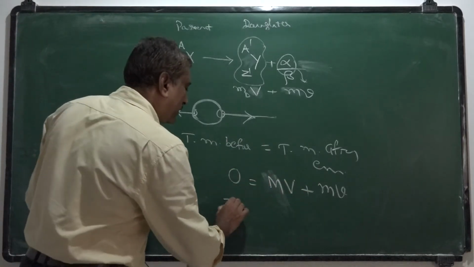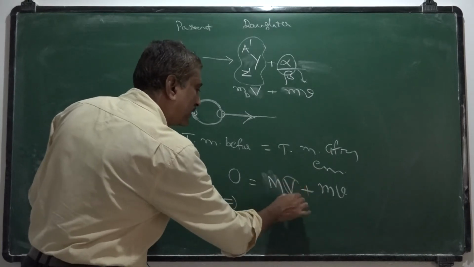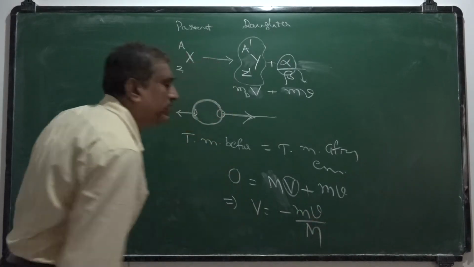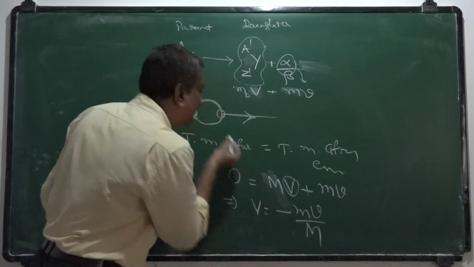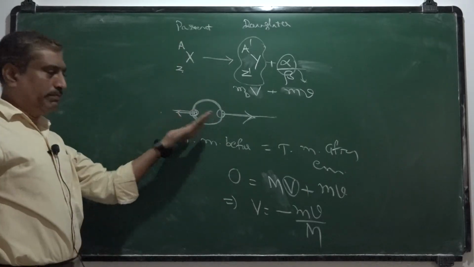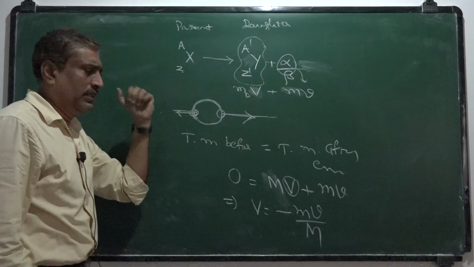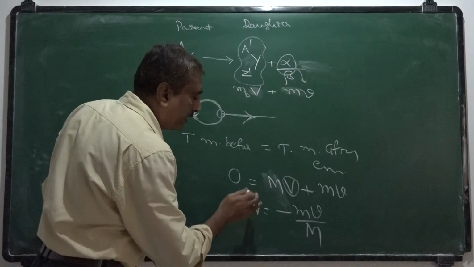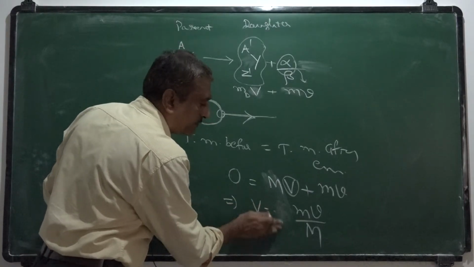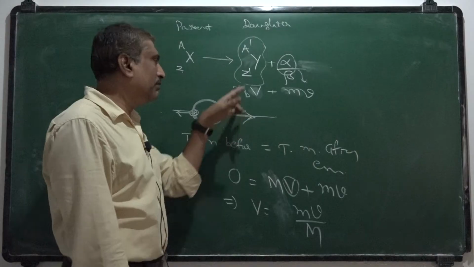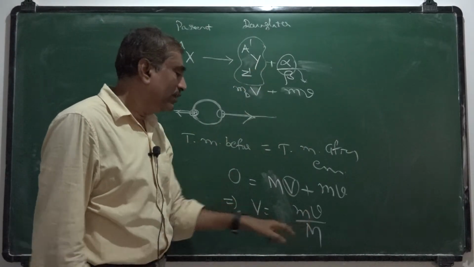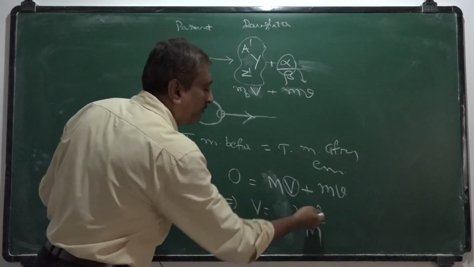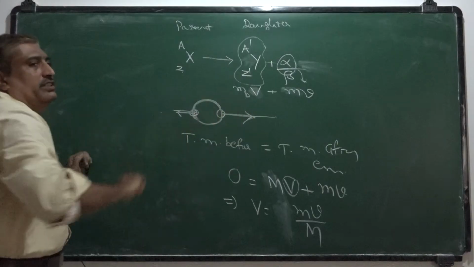So we get the velocity V equal to minus mv by capital M. You have to remember this. Here the minus sign indicates recoil, that is, opposite to the direction of the emitted particle. In problems, if they say recoil velocity, you have to remove this minus. If they simply say velocity of the daughter nucleus, you have to mention the minus sign. If they say recoil velocity, it is simply mv by M. Recoil means opposite to this direction.